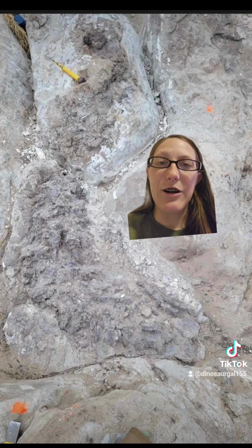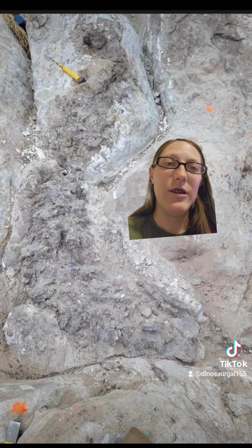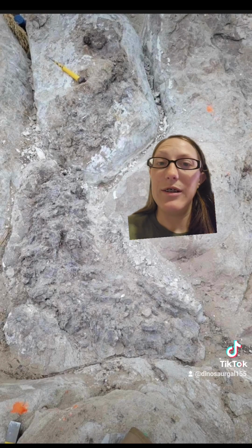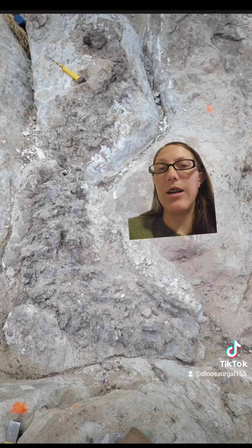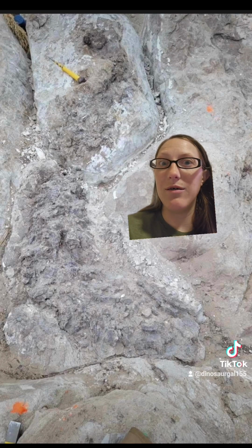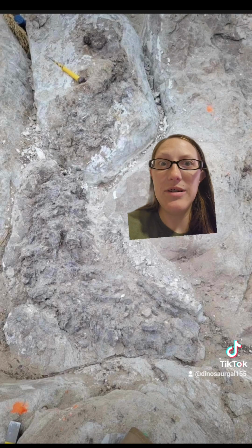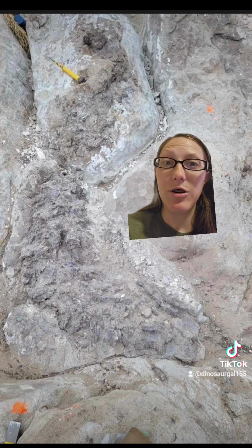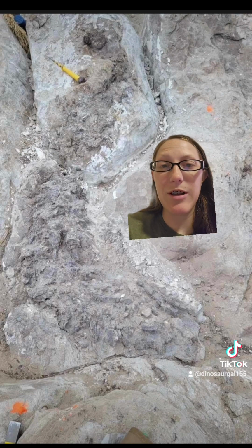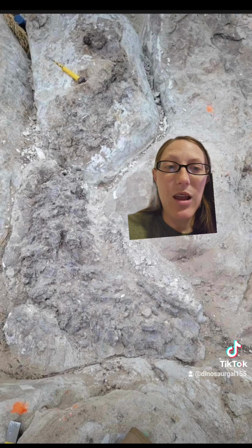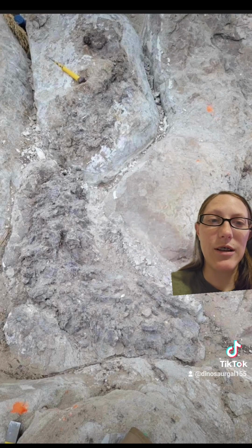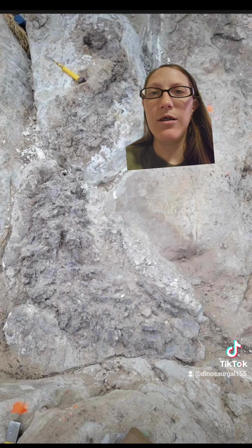Anyway, this is our fourth and final fossil horizon, at least as far as we know right now, because we are still diving at a 45-degree angle in there, and there's still more on the hillside, I'm sure. No, I'm sure, I know. We found fossils coming out of the other side of the hill. Anyway, this is the uppermost fossil horizon that we have right now, and it contains a nearly complete articulated vertebral column of a small dinosaur, right here,